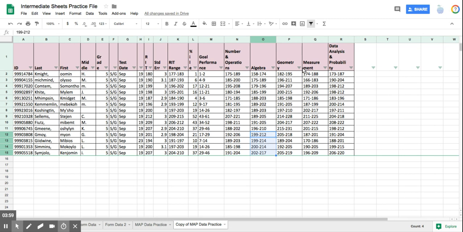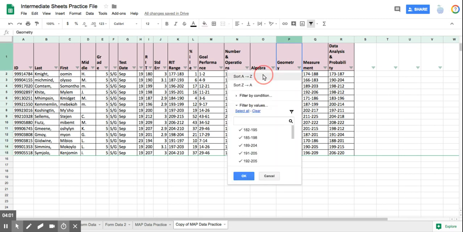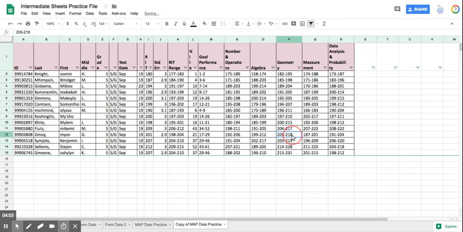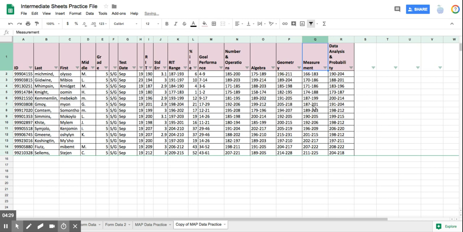And then on geometry, when I sort that, these are going to be my top kids. So this is a real easy way for you to sort your data so that you can be helping kids where they are. Instead of teaching the 182 through the 215, that's not going to be very helpful. So this enables you to pull kids based on small groups that are flexible because not everybody is at the top of the chart